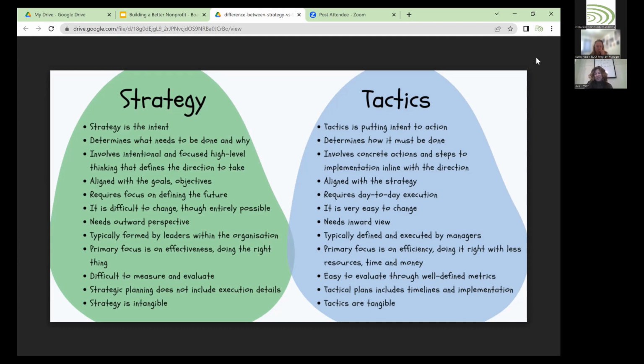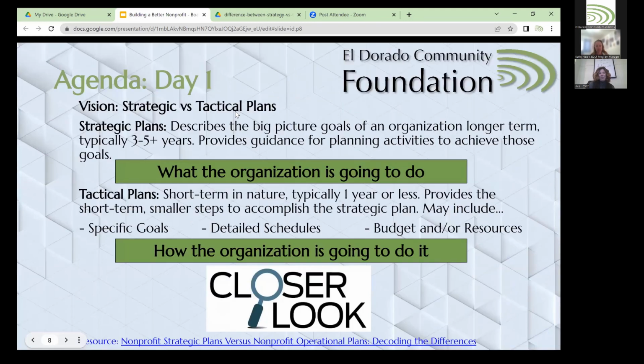So again, throughout the presentation, you're going to find little things like this along the way to help you. I also gave you a resource at the bottom on this one. As you're making decisions as a board, a lot of times I call it the squirrel. For those of you that have seen the movie Up, and the dog's like, squirrel. It is so easy to get distracted by a squirrel and get some shiny object. Always gut check that squirrel or shiny object against, is this part of where we want to